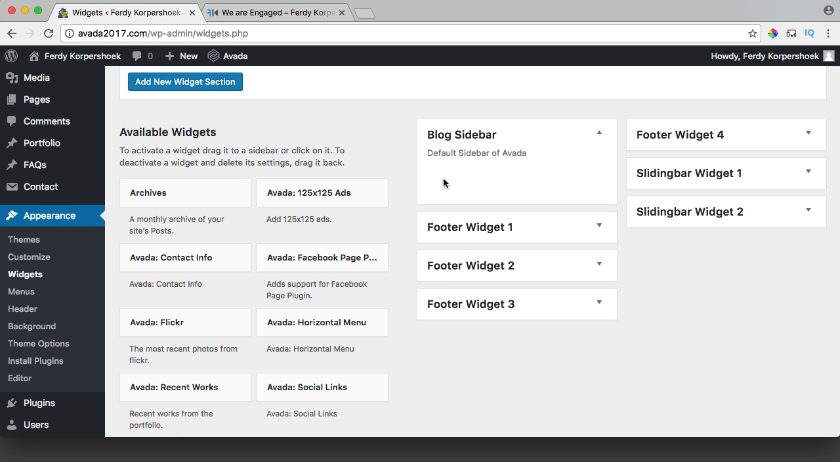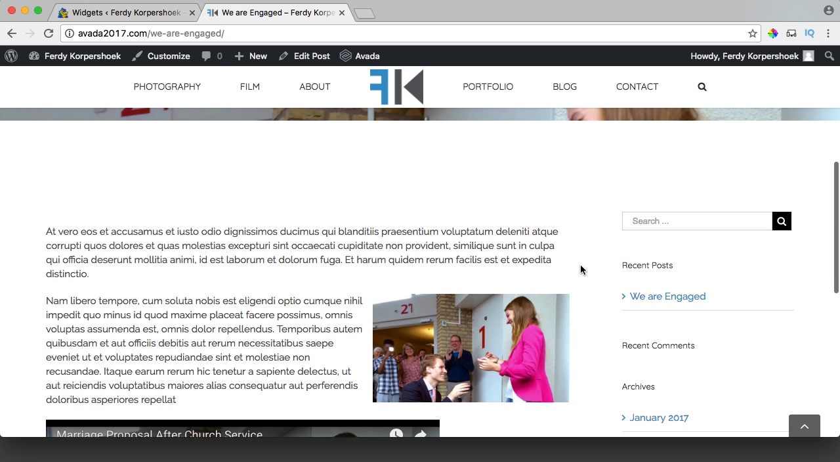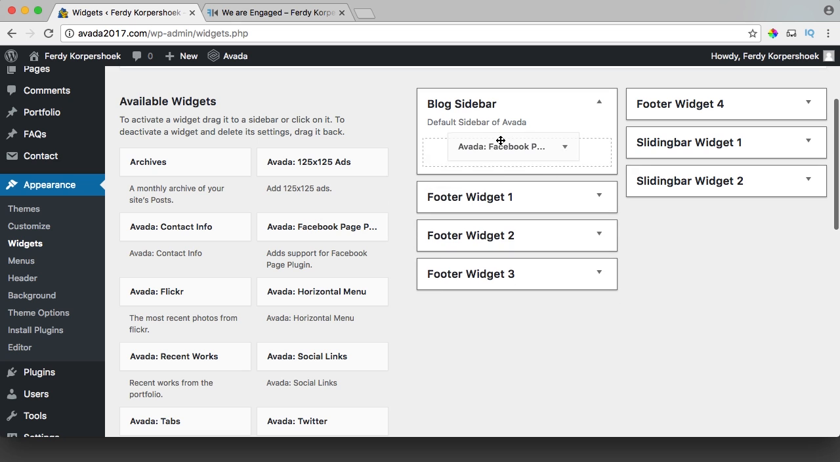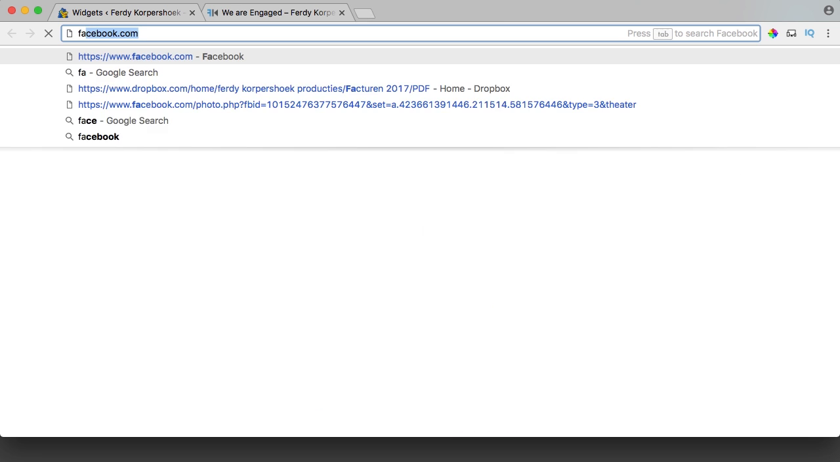And widgets are additions to your website, especially when you have a sidebar. I use it at my blog posts. And I want to have a Facebook like box, so I drag it over here. Or like us on Facebook. I go to Facebook,